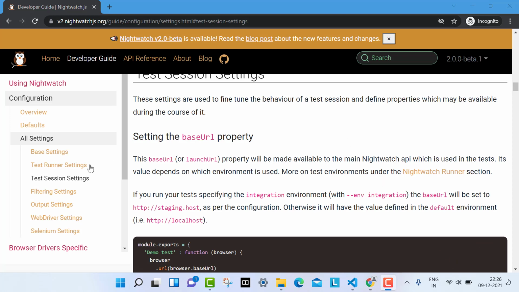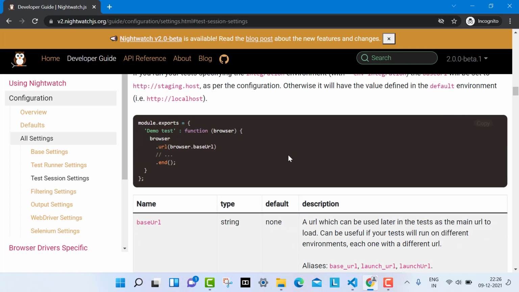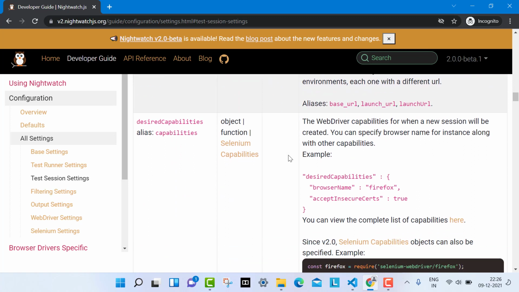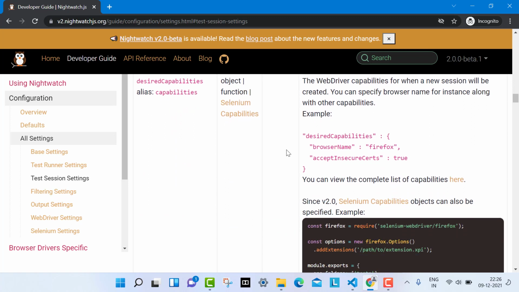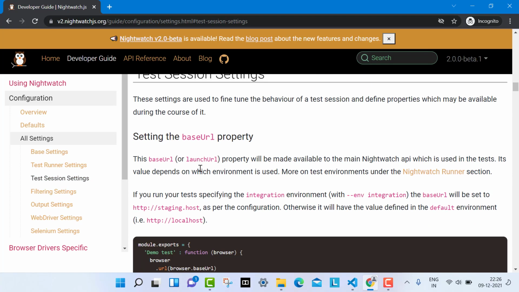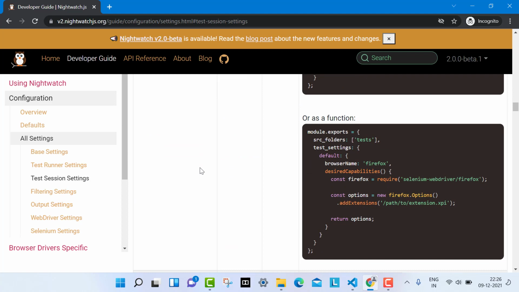Now here you can see that the next setting is test session settings. So where are we going to use it? This test session settings will be used once you are going to use the test settings, right? Under the base settings, you have seen the test settings, right? Inside that one, these settings will be applied.